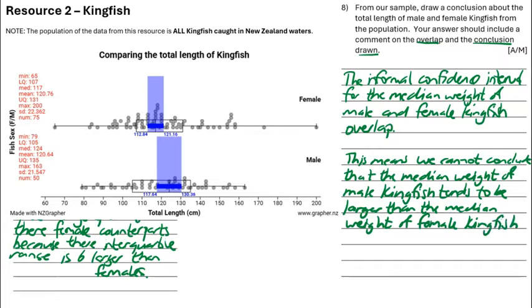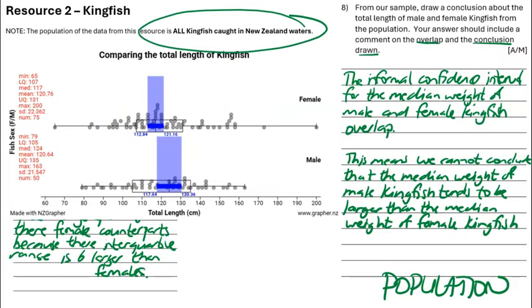And I want to note, a lot of you are going to stop here, and remember that there is not enough to get you any marks, because we've forgotten about the really, really important, the population. So we're trying to make a decision about the wider population from the sample, and the population will always be bolded and distressed and exclaimed to you, so make sure you put that in. So that means we cannot make the conclusion that males tend to be larger than female kingfish in our population. This is going to be really important. In our population,